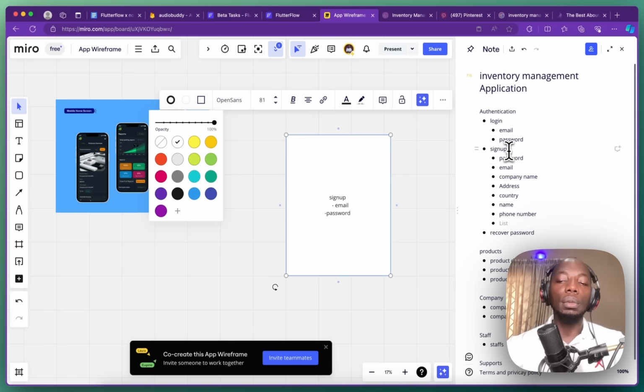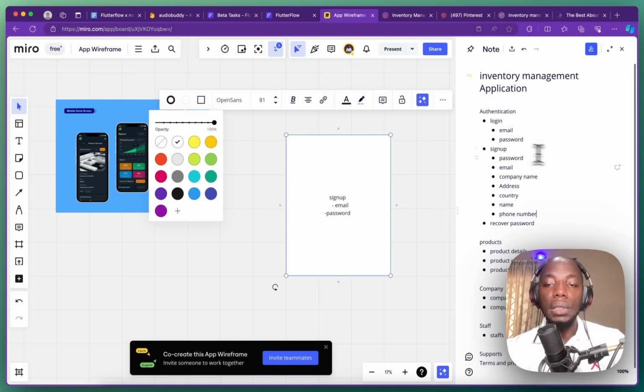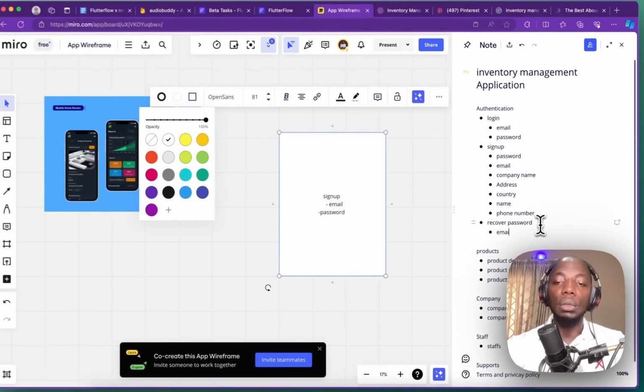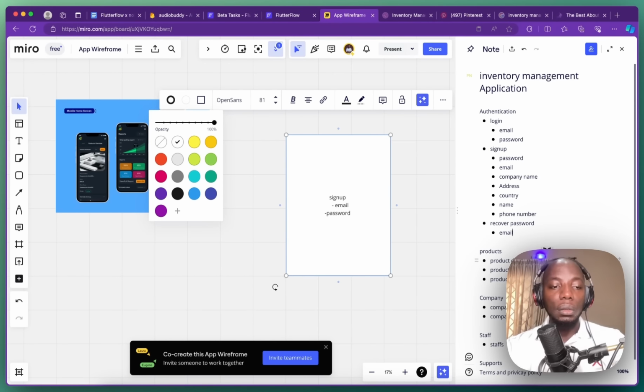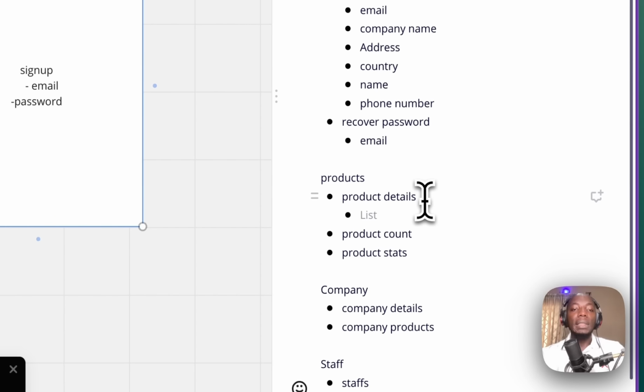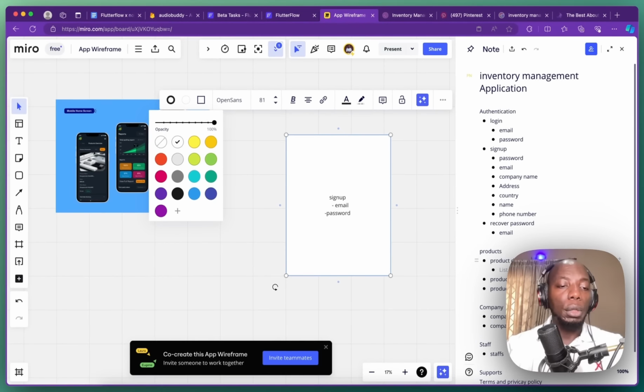These are things that you basically need. What you do require would depend on where you are and where you stay. And if you're recovering a password, the only thing you need is their email address to recover the password, right? And then when it comes to the product details, you have to ask yourself, since a noun is the name